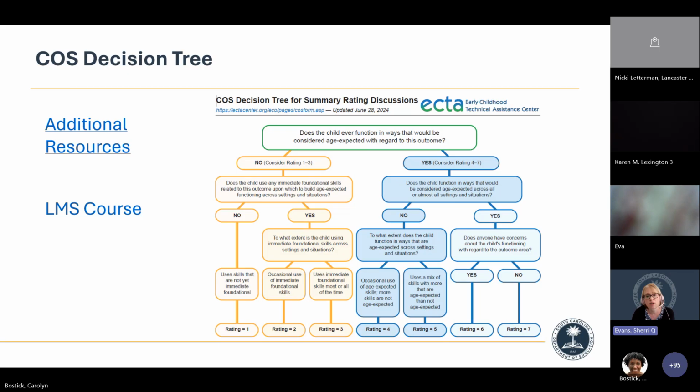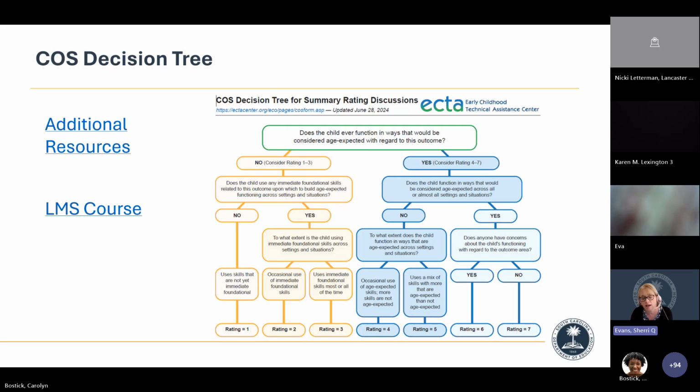I want to talk briefly about how to complete the COSS with fidelity. So this is a decision tree that's really helpful for your staff as they're completing the COSS, to have an idea of how to rate the student. But we also have some additional resources available for the COSS. We have them on our website if you go to OSIS in Early Childhood. We also have created a course in our LMS, our learning management system.